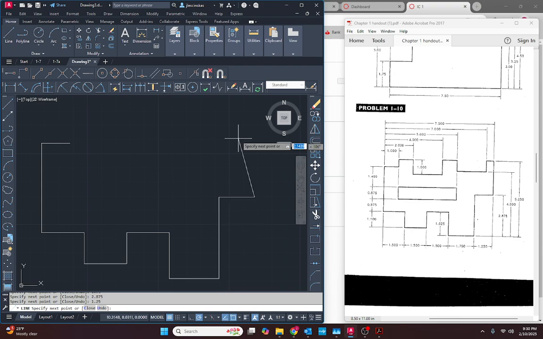And now we're going to go up by 5.25 minus 2.875. In this case, I'm not going to open up the calculator. You can if you want to, but I'm just going to do this by hand. 5.25 minus 2.875, and we get 2.375. So we're going to go up, type